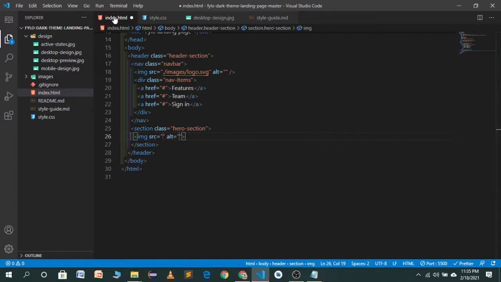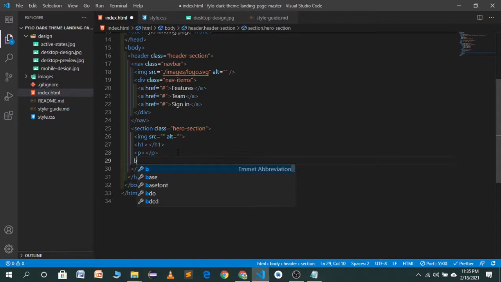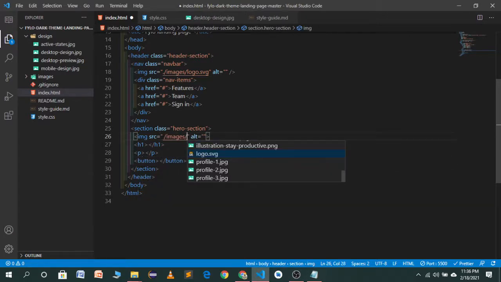And we will have an image, then we will have a heading, below the heading we will have a paragraph, and then we will have not a b tag, it will be a button. So the image will be dot slash, in the images folder we will have a background image. Let's see which is this image. Illustration intro, I think this will be.